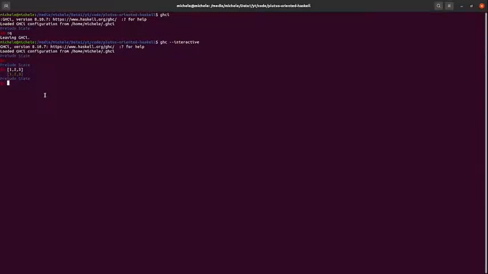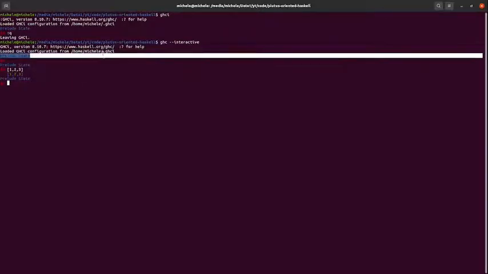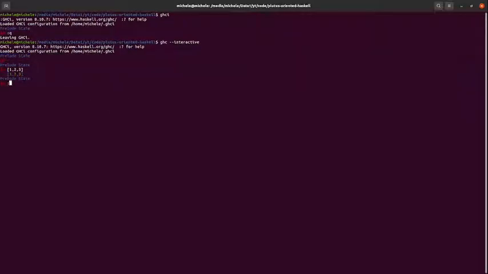And that's because I do have some configuration loading when launching GHCi, and I do have specified this configuration in my home folder into a .ghci file, and by typing :q you exit GHCi,